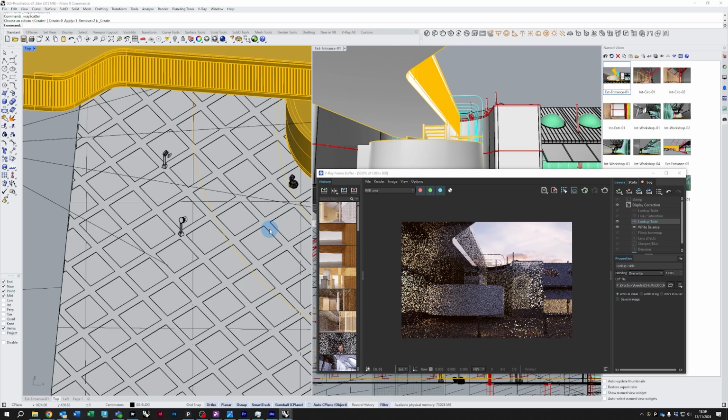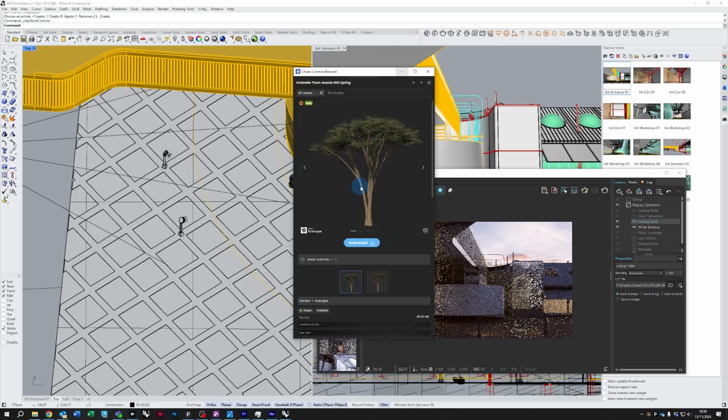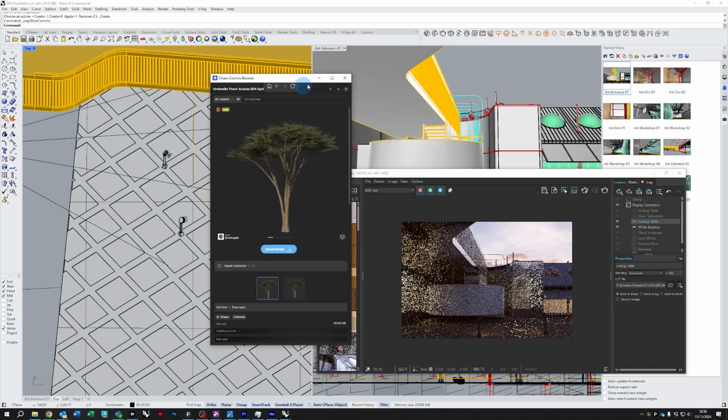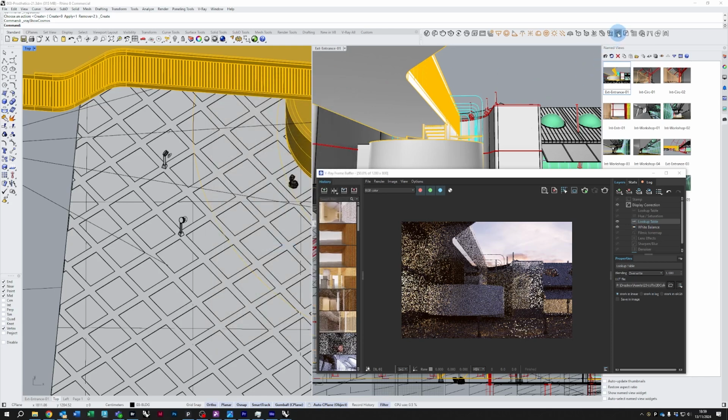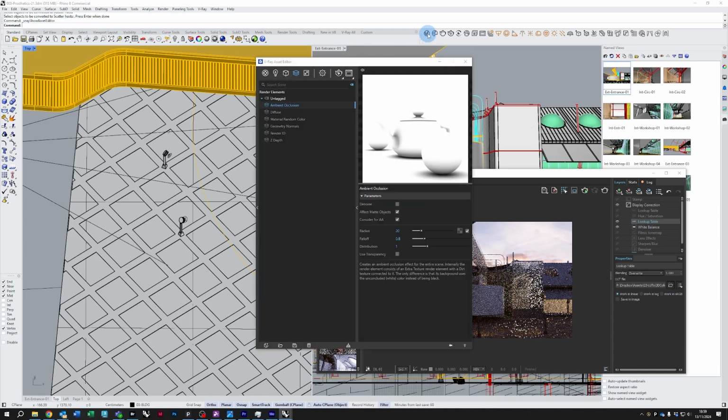So if you wanted to distribute more than just one element, you need to use V-Ray scatter. And V-Ray scatter can be found up here, and select objects to be converted into scatter hosts. So your host is the surface or area that you want to use. So I press confirm, and I've now created